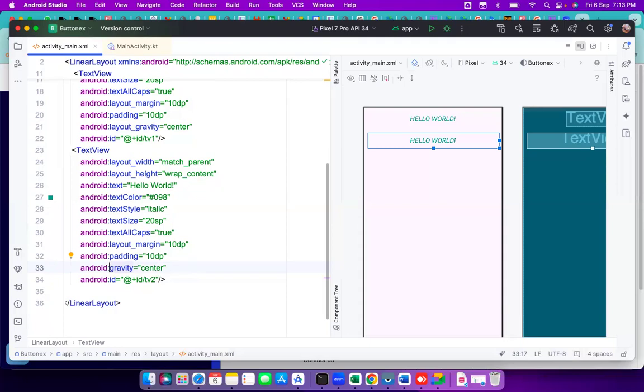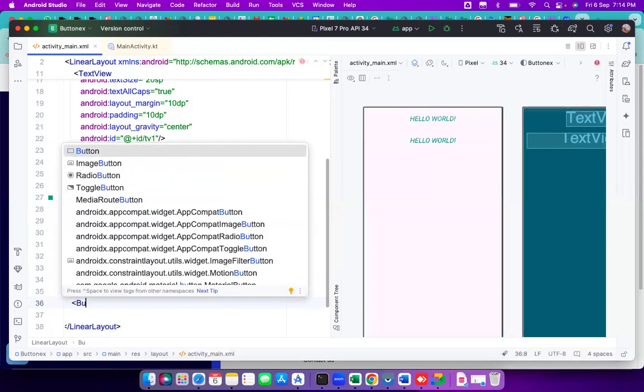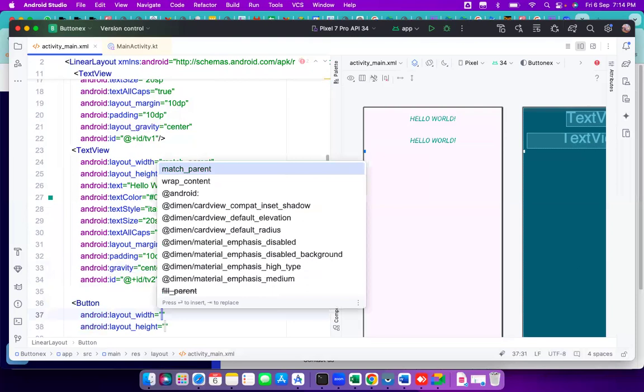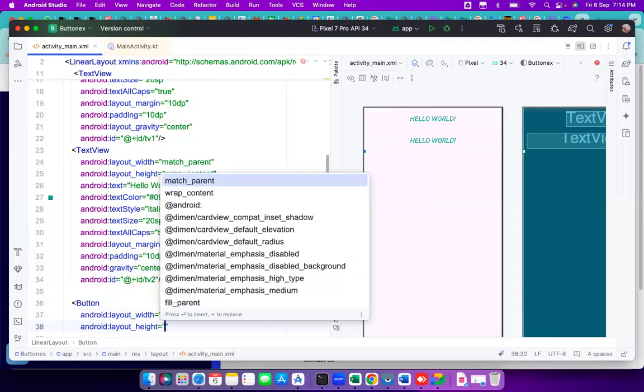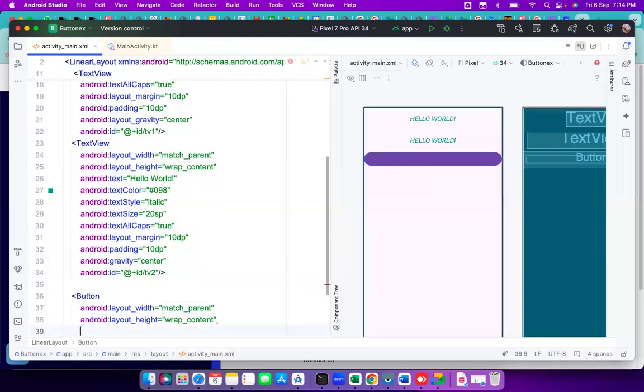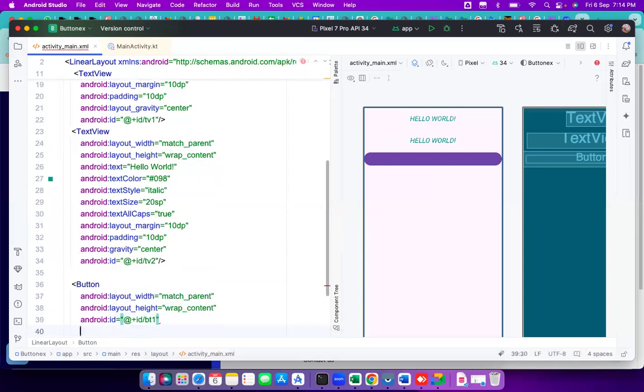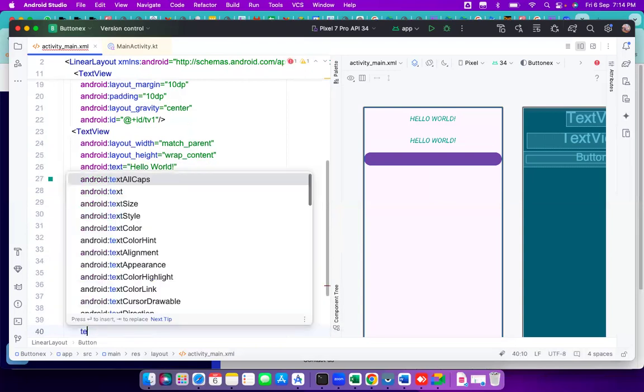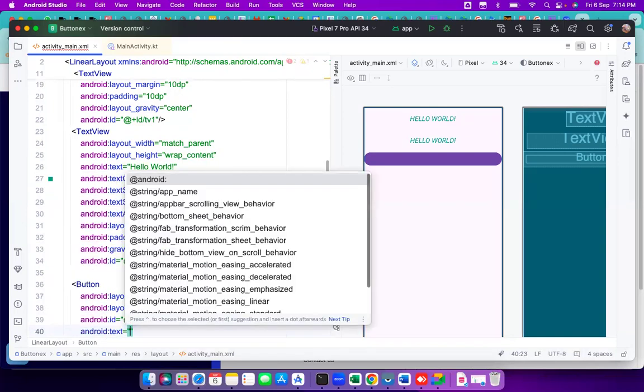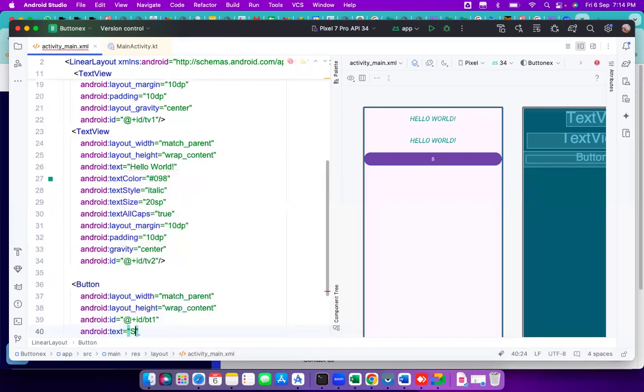Now, once this is done, I want to add one button. So I'm adding a button, with match parent and wrap content, both added. Then the ID for this, I'm giving as BT1, button 1. And then the button has text, so I'll say it has a submit